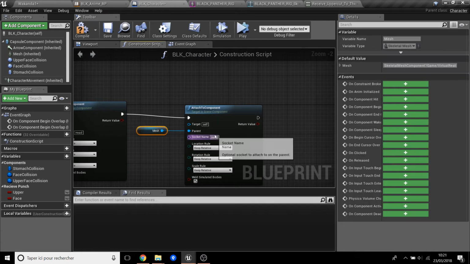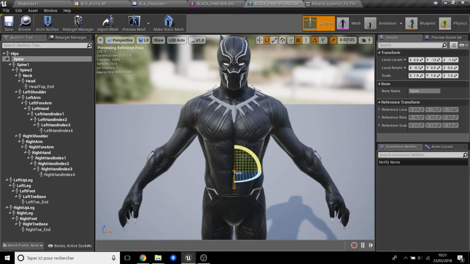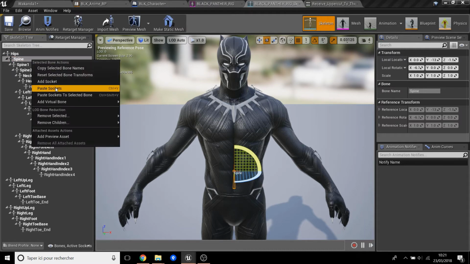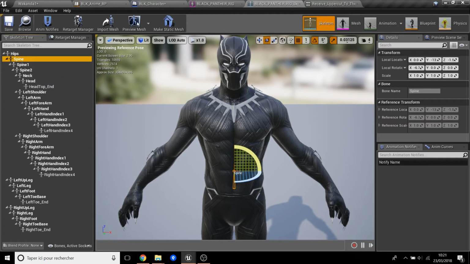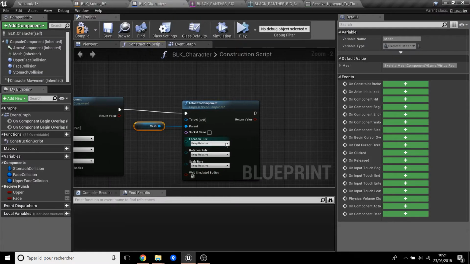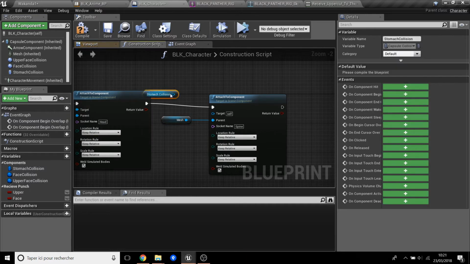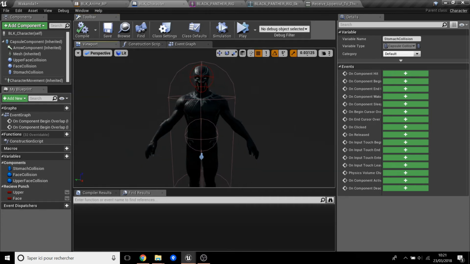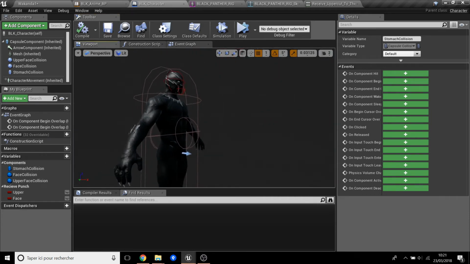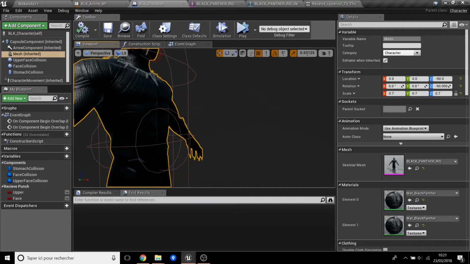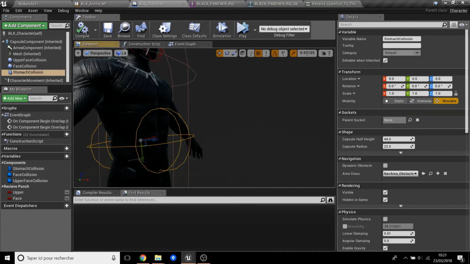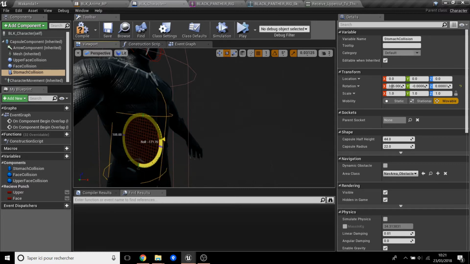But this time it will not be on the head, it will be in the spine. So select this bone name, spine, stomach collision, target, save, and we see it just moved, so we have to arrange this. Boom. Yeah, now it's better,